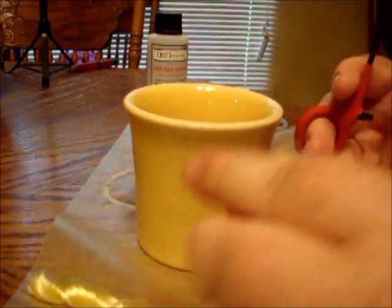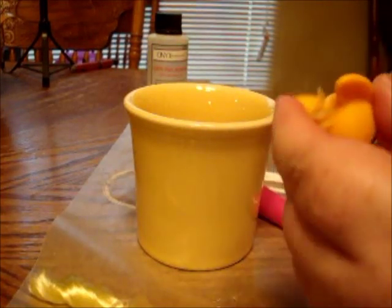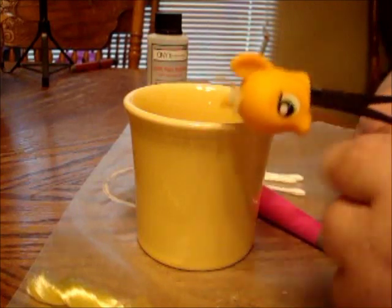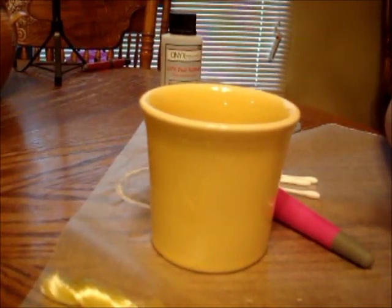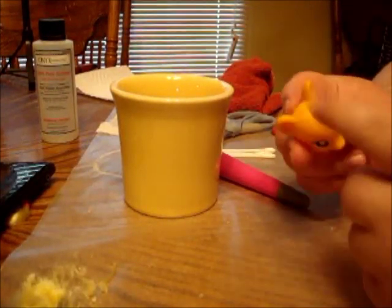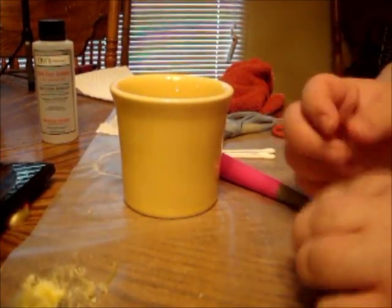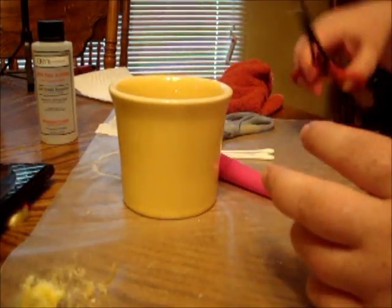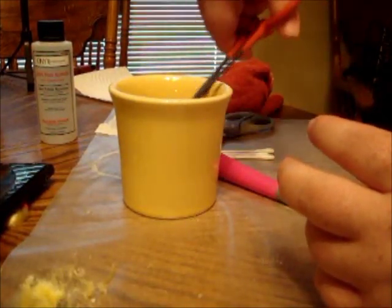And this looks like it's going to take a while, so I'm going to go ahead and pause the video, rip out the rest of her hair, and then I'll come back and show you how I get the plug out. Okay, I'm back, and as you can see, I now have a bald pony. Oops. So we're going to set that to the side, and we're going to move on to tackling that dreaded